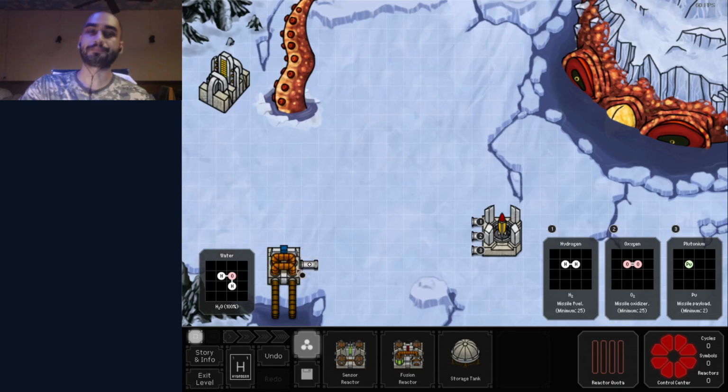So let's think. H2O. So let's say I were to split this 50-50. So half the H2O goes up, and that's going to be used to make H's and O's. The other half will get used for